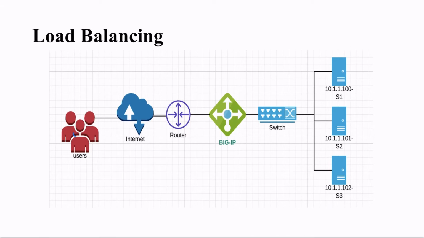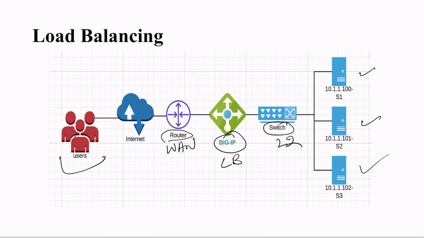This is the diagram which I have prepared for you for explaining this concept. You can see that these are the users which are accessing your servers. This is the appliance load balancer. This is a switch, an L2 switch in this case. This is your WAN router, and these are the servers. There are a couple of things which you need to remember, in fact, the terminology. Let me explain.